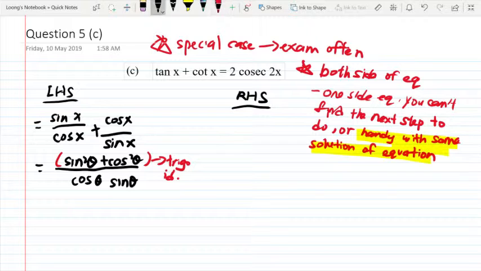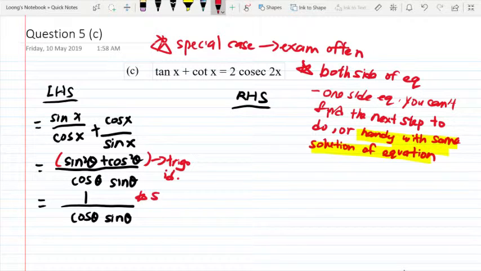And as mentioned before, sine squared theta plus cos squared theta is equal to 1. So here is 1 over cos squared theta sine theta, and if we can see here, we sort of start at here. And when you don't know how to do it, you just start from the right hand side. As the right hand side,